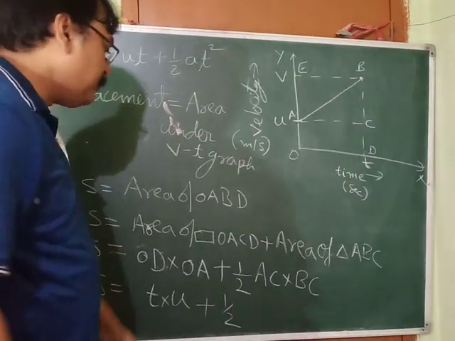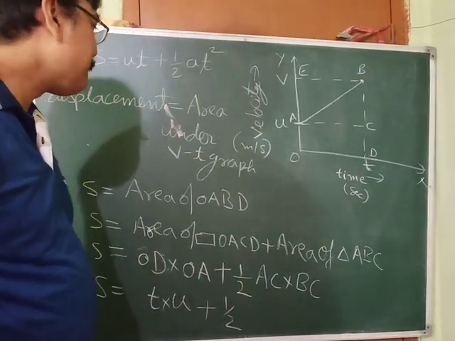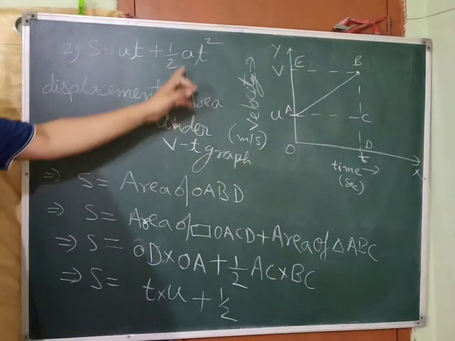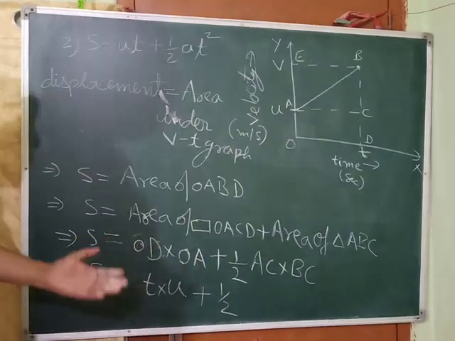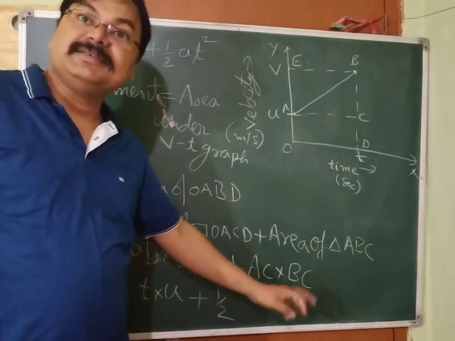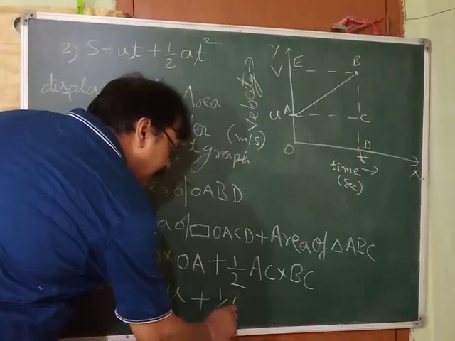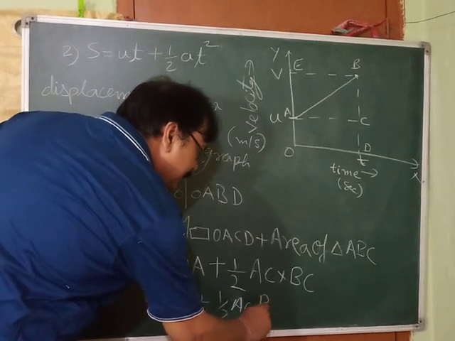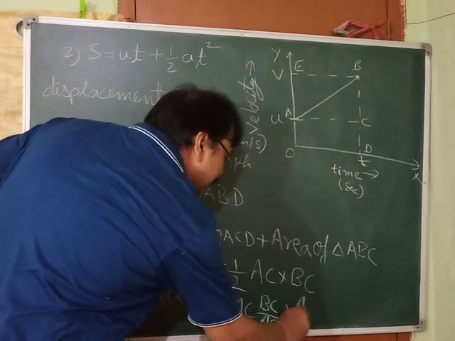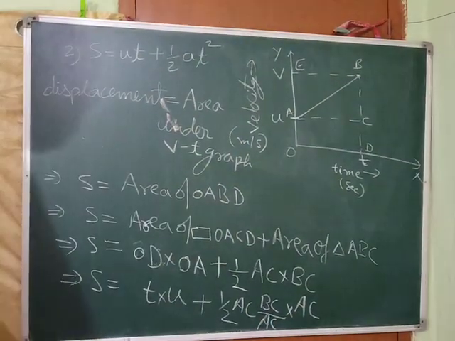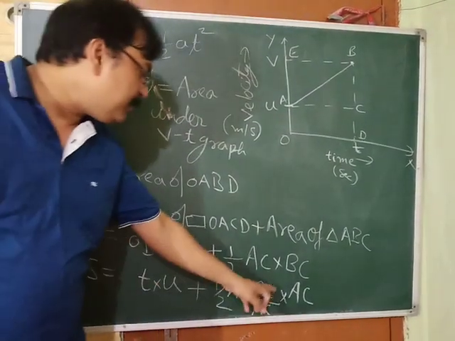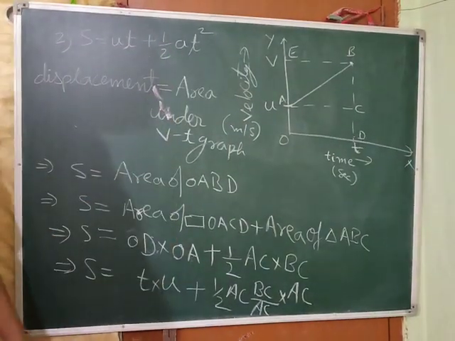Okay. Now AC is there. We require acceleration here. You can see that in the expression acceleration is there, and we know that acceleration is equal to slope. And what is slope? Slope is BC by AC. But here we don't have BC by AC, but we want BC by AC. So what can we do? This AC is there, no problem. Here BC is there. We will divide by AC and multiply by AC. We can do this, multiply by AC as well as divide by AC. Why have we done this? Because we want BC by AC so that we can get the acceleration.